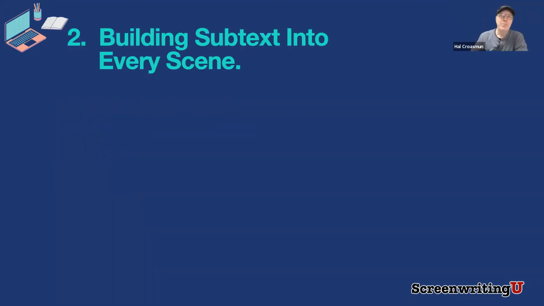The second thing, build subtext into every scene. Here's how badly this one was missing for me in my early writing days. I took a whole bunch of screenwriting classes before I ever started creating expert models on screenwriting. And with every one of them, I went up to the teacher at one point and I said, how do you create subtext?